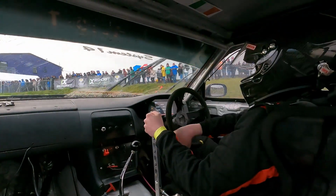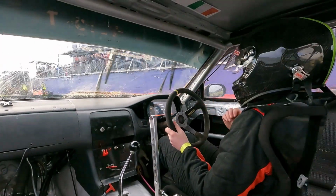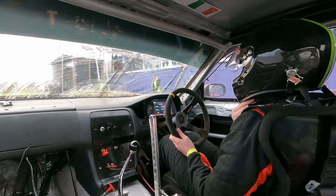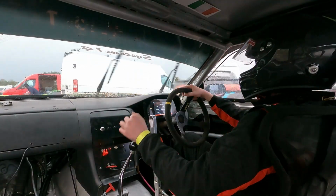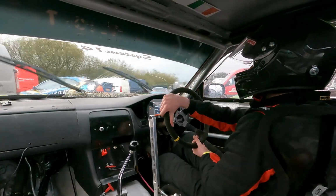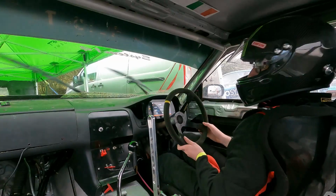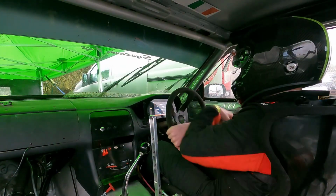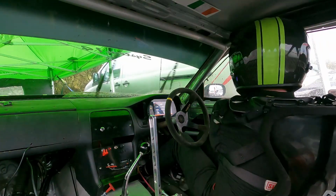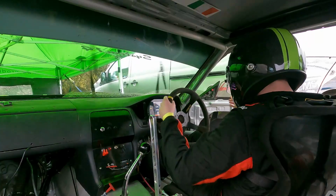being that every time I got onto his door or went into any of the hairpins, I felt like he was 2-3 meters in on the hairpin, where he should have been out further, out wider, to give me the space that I need to be able to follow him through the corner. And that's what the judges were looking for. They wanted us to carry late apexes throughout the hairpins, but pretty much every corner was a late apex actually. So that's what they were looking for, and I didn't really feel like I got that opportunity,